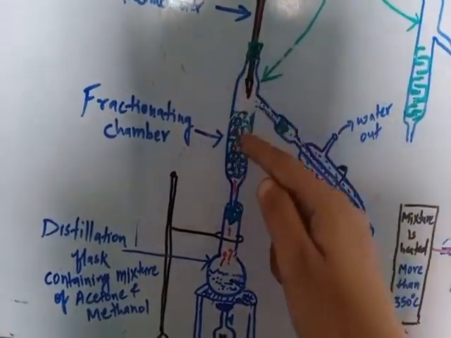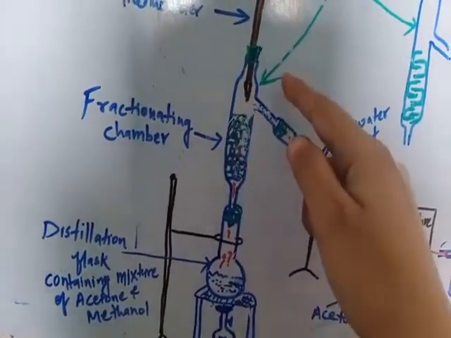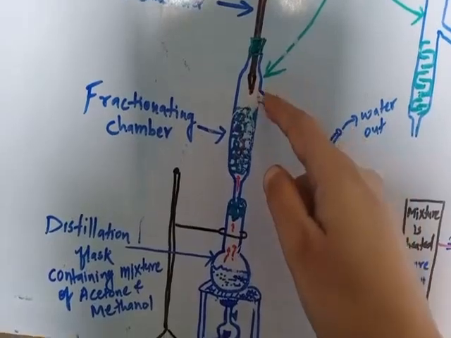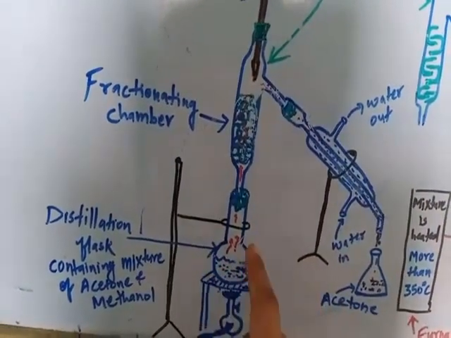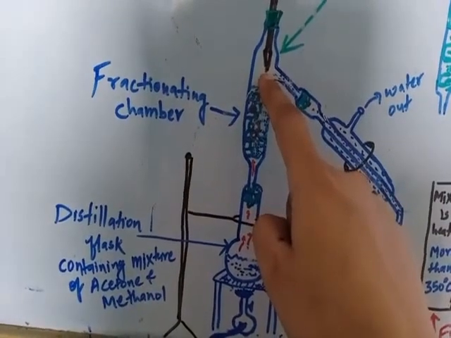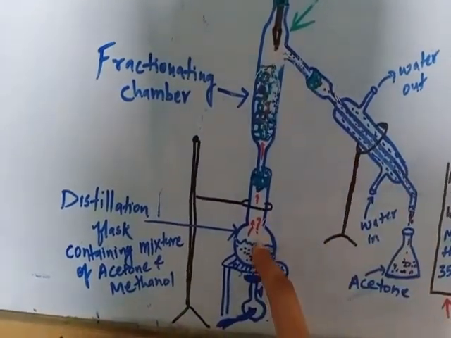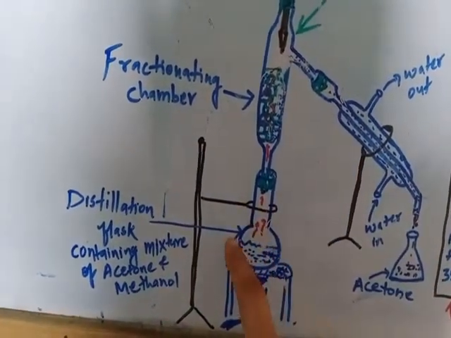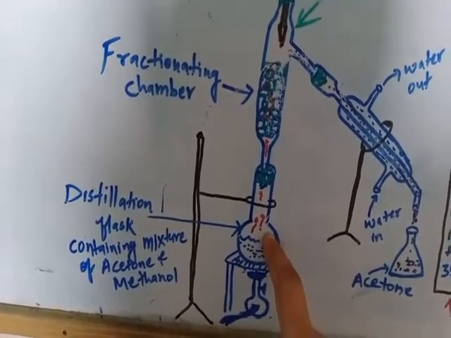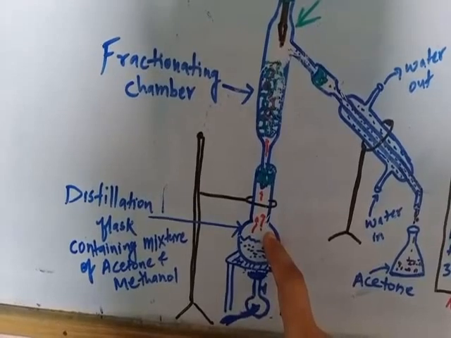Okay, so we have to maintain the temperature here at 56 degrees Celsius, and accordingly we have to maintain the temperature here also. So if here the temperature is maintained at 56 degrees Celsius, here you could expect the temperature of the system in the distillation flask at a point 70 degrees Celsius, and